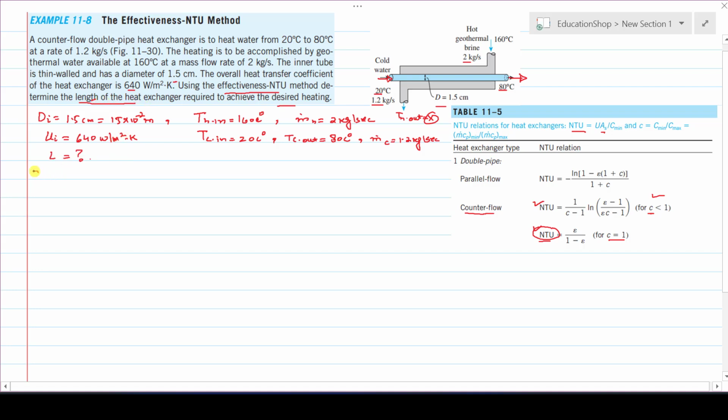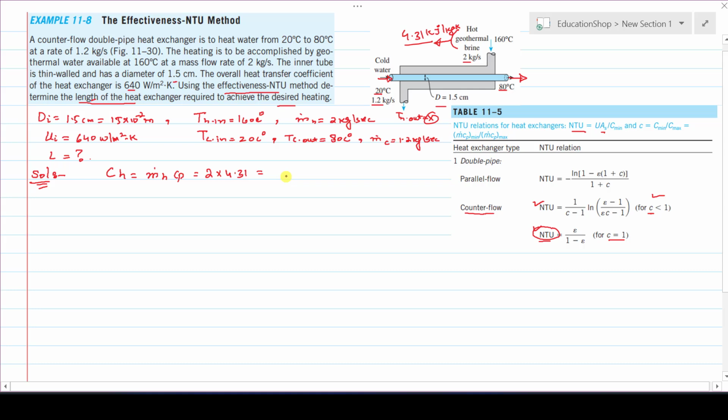Now let's come toward its solution. First we will find the capacity rate of both the hot and cold fluid. The capacity rate of the hot fluid is equal to m dot h times Cp, and the Cp value for this hot geothermal brine is 4.31 kilojoule per kg Kelvin. These are constants and will be provided in the exam. So you can say that's 2 multiplied by 4.31,